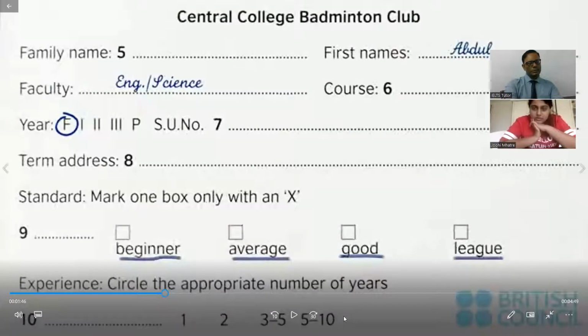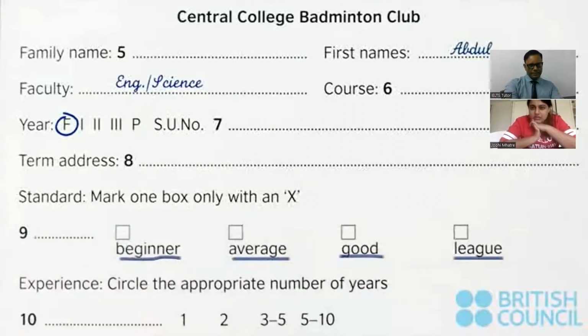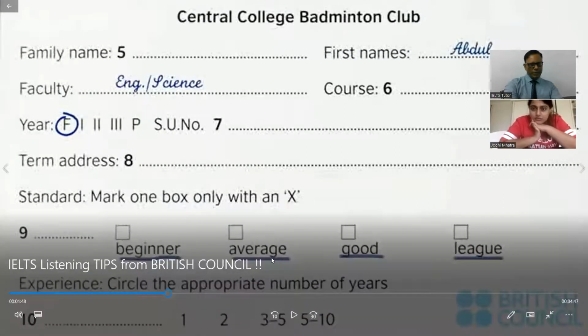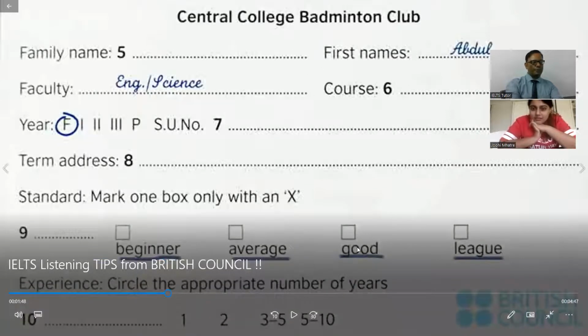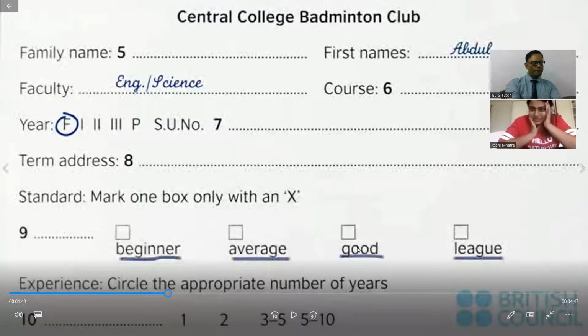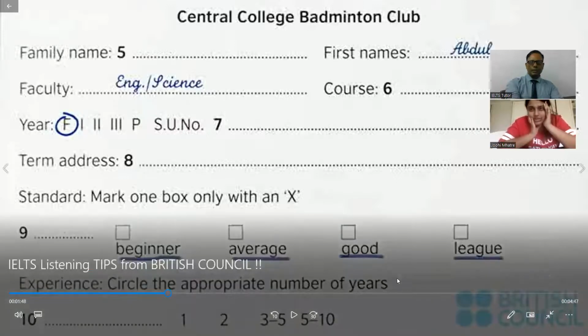Beginner could be starter, fresher, amateur. Yes. The next thing I would do: what could be the other word for average? Like mediocre, middling, not good, not bad. What could be the other word for good? So many. Good would be like fine, great, works. It has a whole range of things that could go for it.